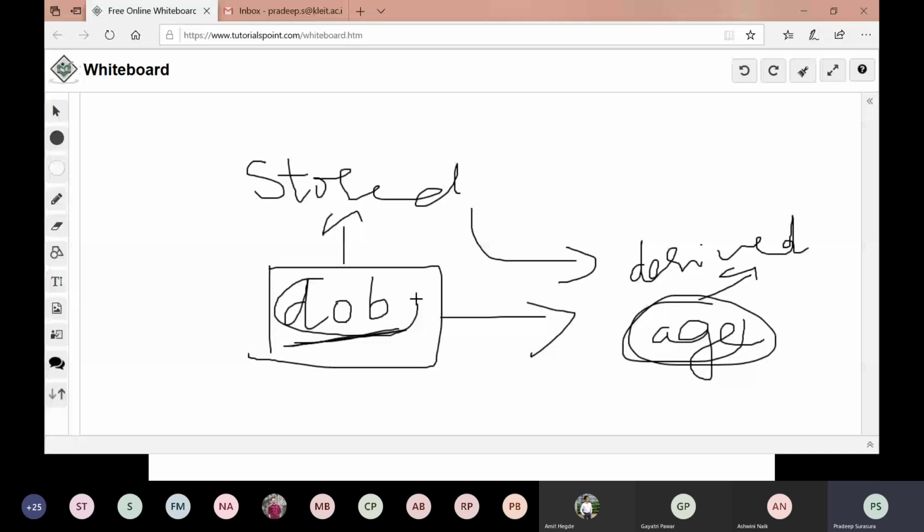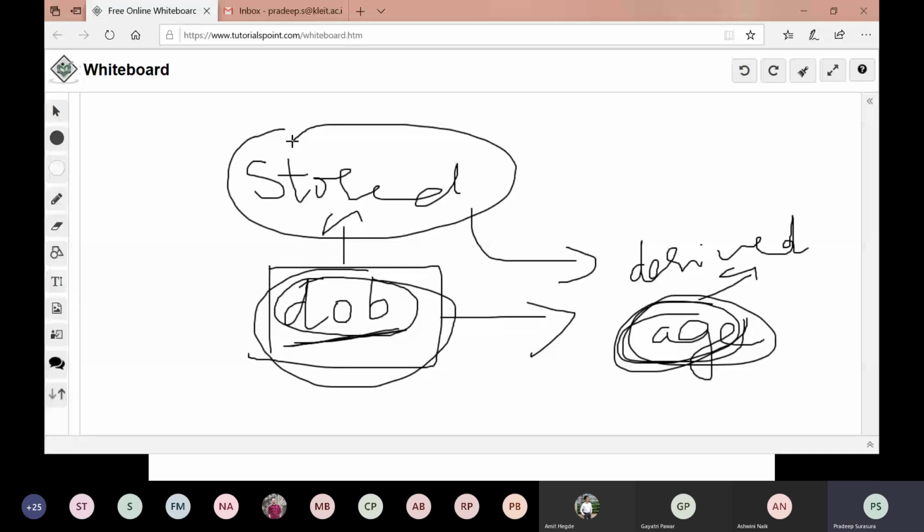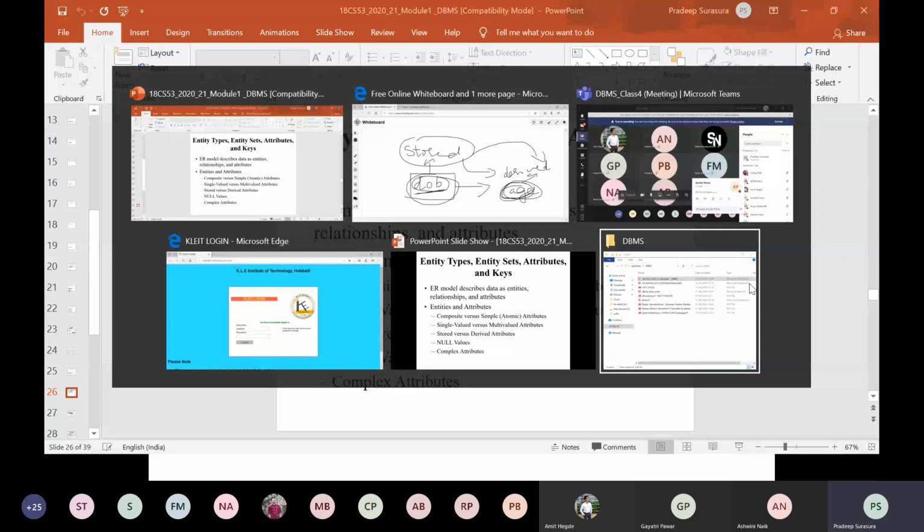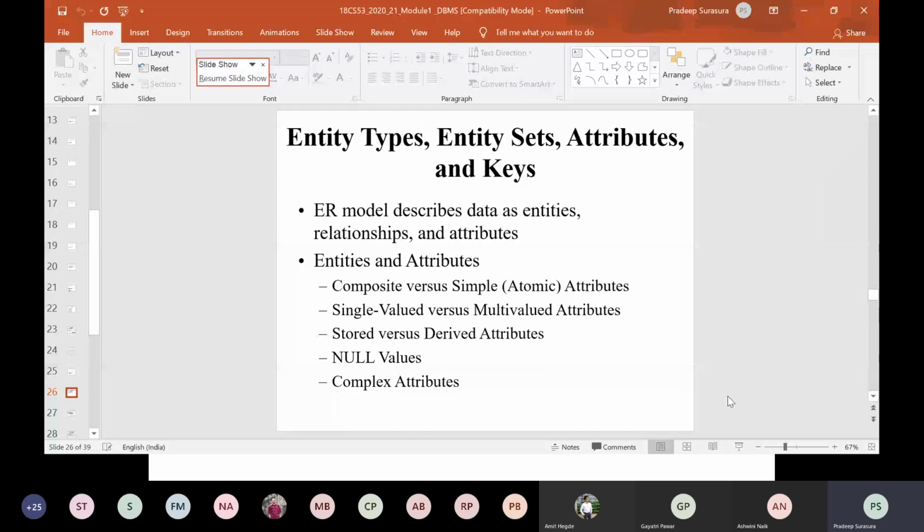So we derive age from date of birth. The stored value is date of birth, and through it I define age. You understood? That is the meaning of stored and derived.